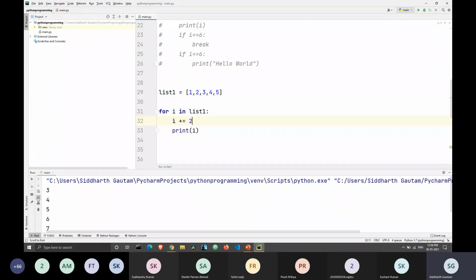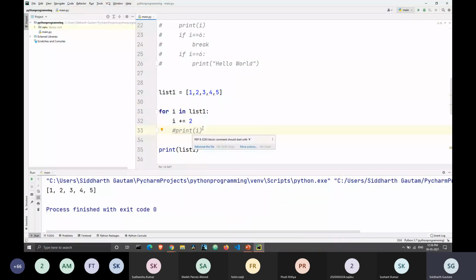As you can see, every value gets printed, but the difference is that all of the values have been incremented by the number 2. And now if we print our list here, print list1, let me just comment this out and execute this. As you can see, our original values haven't changed. That's because the value of I was only changing within the scope of that loop. Outside of that loop, it hasn't changed. Okay, this was traversing. Let me comment this out.